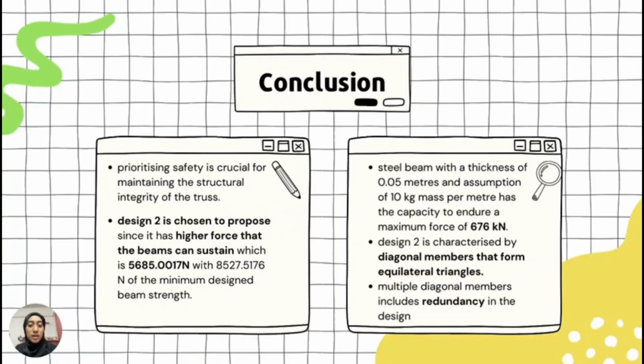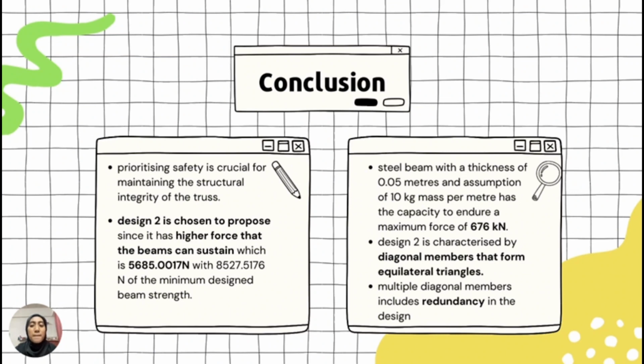In conclusion, prioritizing safety is important for maintaining the structural integrity of the truss. This involves designing the truss to withstand expected loads while preserving its stability, strength, and overall performance. Comparing Design 1 and Design 2 of the truss, Design 2 is chosen to propose to the top management. It has a higher force that the beams can sustain, which is 5,685 Newton, with 8,527 Newton of the minimum design